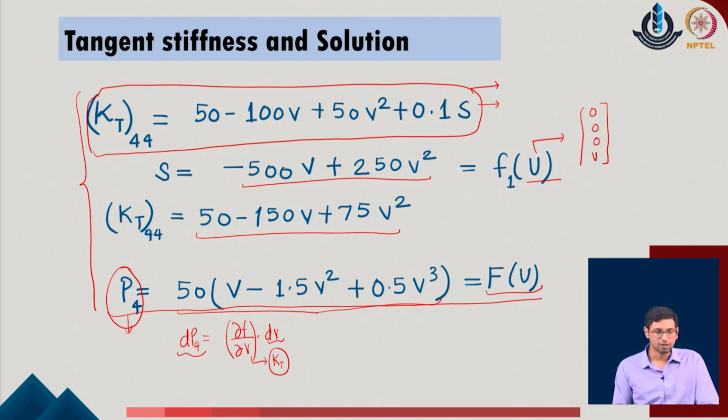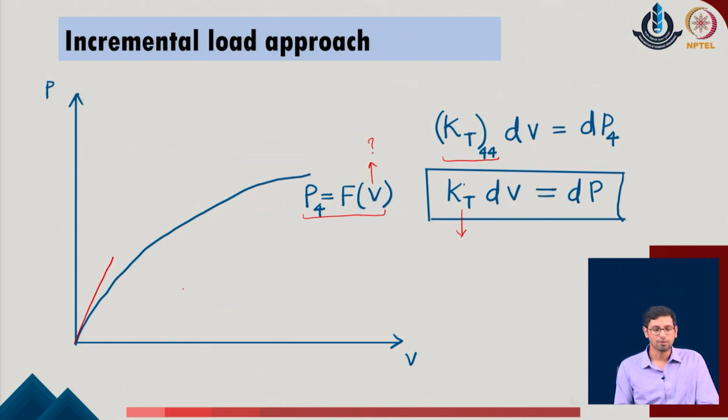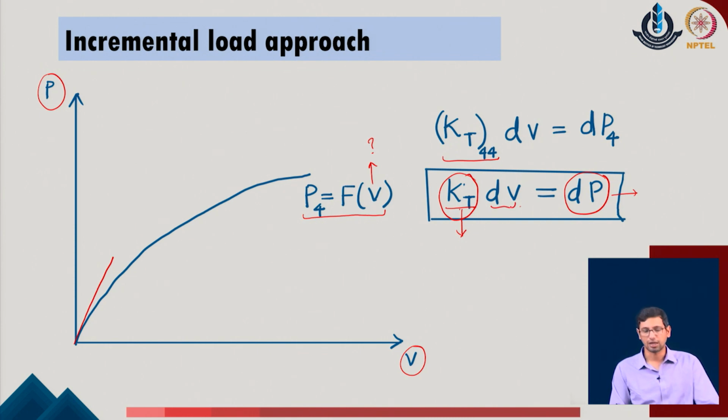So, that is why the whole problem which we identified with these subscripts in the initial phase will now be converted to a simplified case where we will just use P as a force, V as a displacement, and Kt as the tangent stiffness of the given system. At any point of time I am trying to solve the equation Kt d of V is equal to dP in the given problem, where dP is the increment in the force of the given system, Kt is the tangent stiffness of the given problem, and d of V is the amount of displacement which is unknown to us.